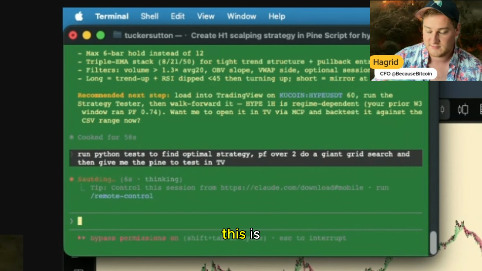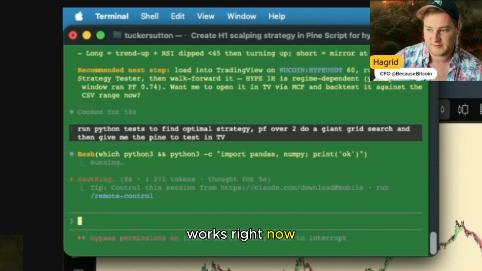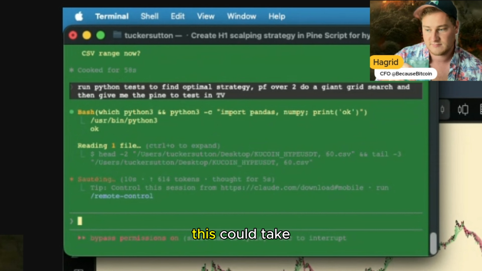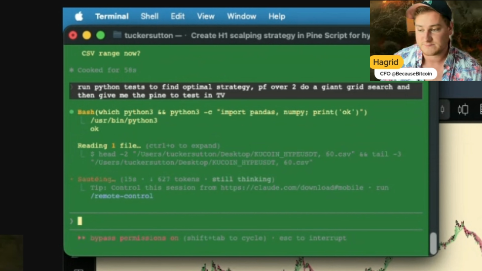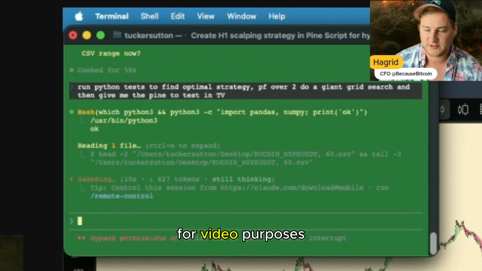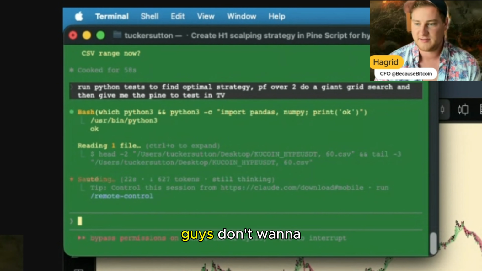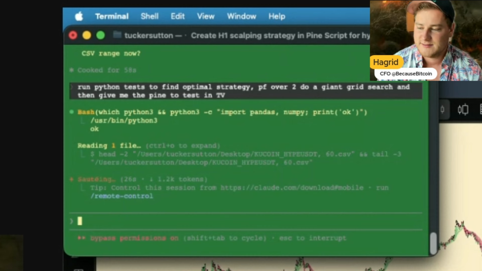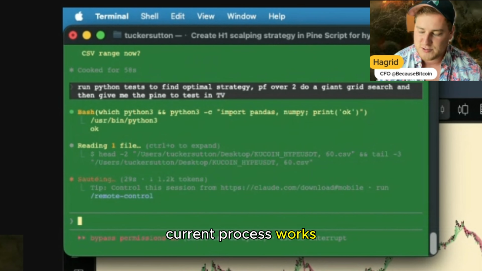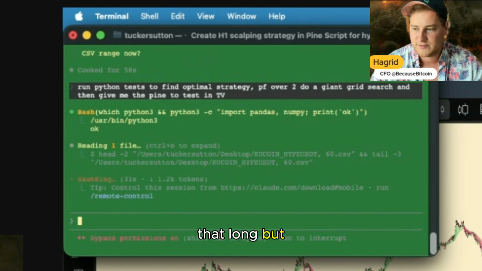So yeah, like I said, this is how the current process works right now, and it takes a little while. To really get a dialed in one, I mean, it's going to at least take an hour, right? We'll expedite for video purposes, because I'm sure you guys don't want to watch an hour-long video of me yapping, but this is kind of how the current process works. And I know an hour isn't that long, but